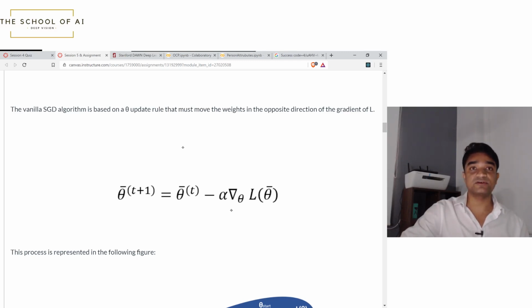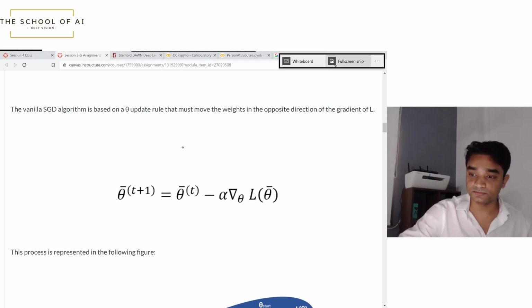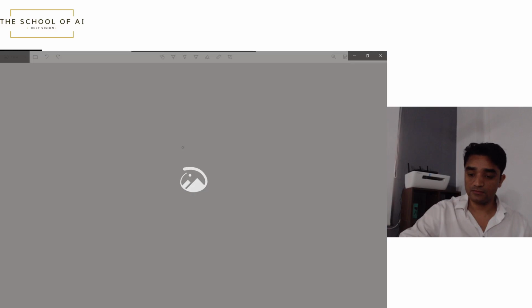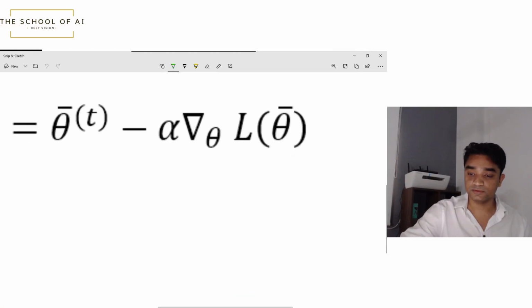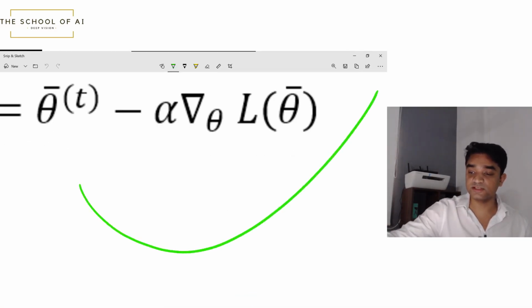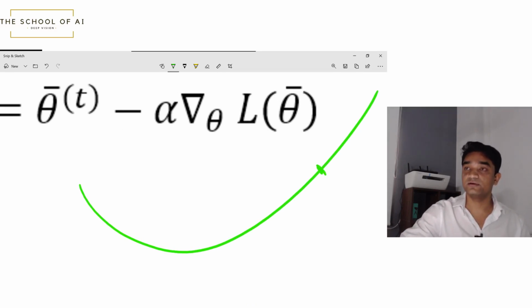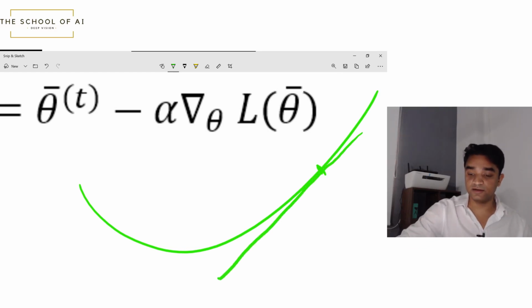Here, this is called a grad function, the upside down triangle. Here we are taking a gradient of the loss function with respect to the weight, right? And that's the value with which we want to actually backpropagate. The idea here is, this is a loss function, let's say, and this is the L theta right now, right? The gradient there, and the gradient here,